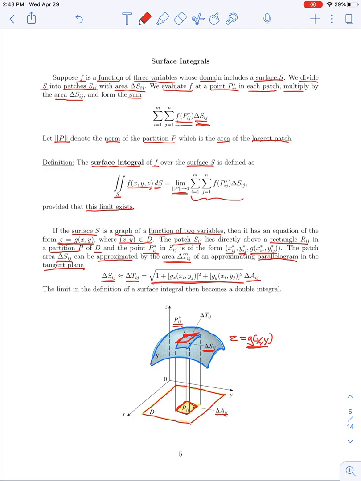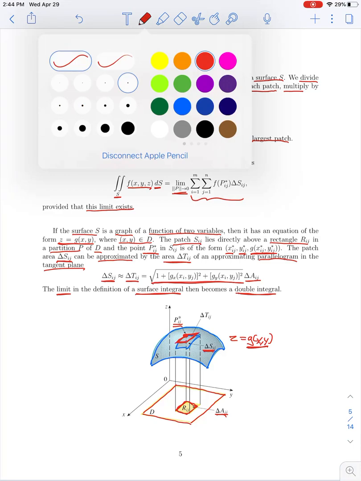So we have the following then. Our limit for the definition of a surface integral then reduces to a double integral. So let's think about why. So here we are taking